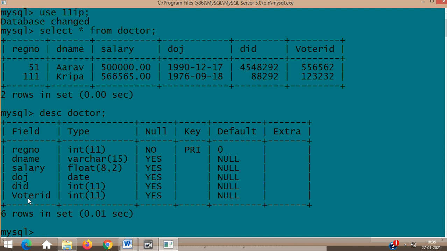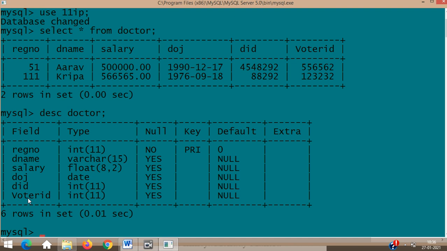So once again, what is an alternate key? Alternate keys are those candidate keys which are no more the primary key. Or the other way I can say, all the candidate keys other than the primary key are called alternate keys, or all those keys which are not a primary key but are still candidates are called alternate keys.